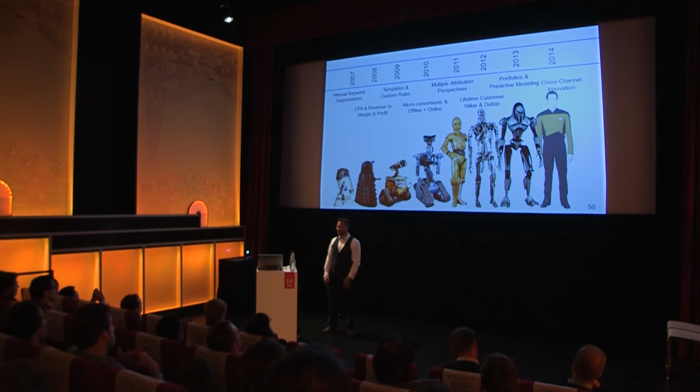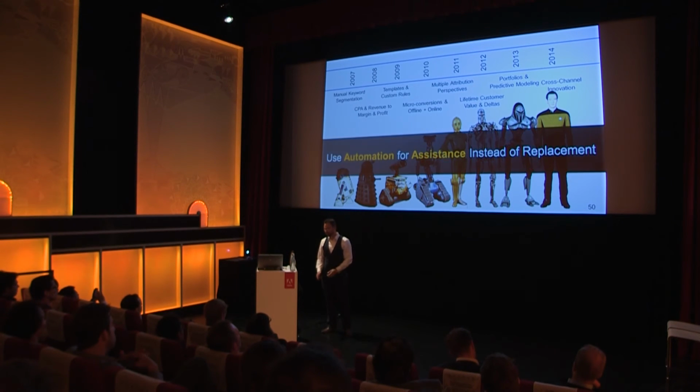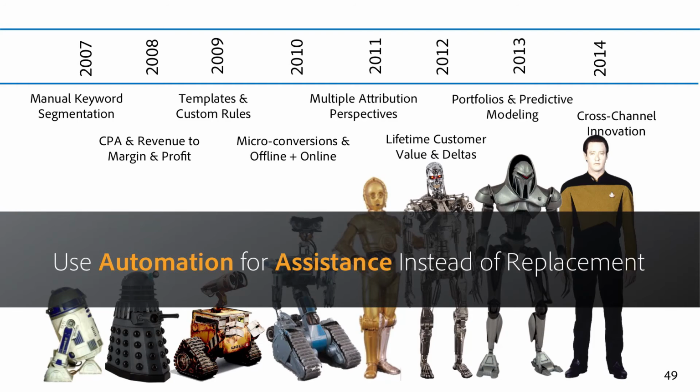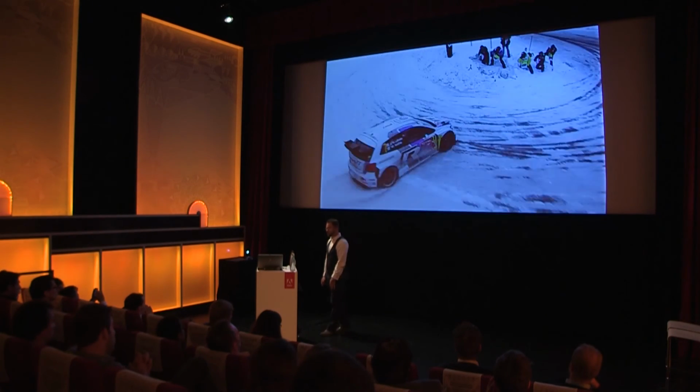You take some of these really old things that we used to do in the beginning of our careers and some of the new concepts that we're beginning to learn now as we reinvent ourselves. And the principle is that automation from the entire Adobe Marketing Cloud is intended to amplify you, to help you focus on the areas where more of the art is needed, such as personalization and creative alignment, and take off from you some of the loads around very clear patterns of bid and budget optimization. Let us take care of those things for you so that you can focus on connecting with your customers.